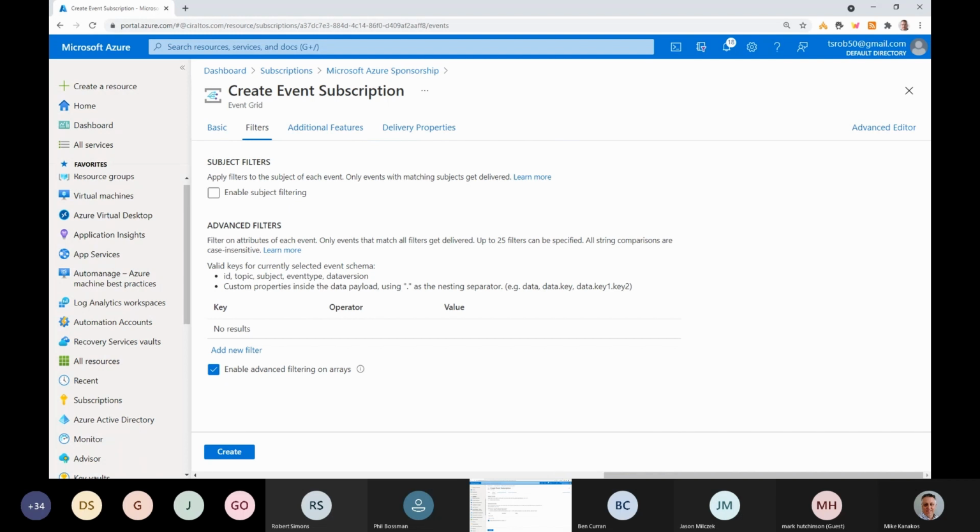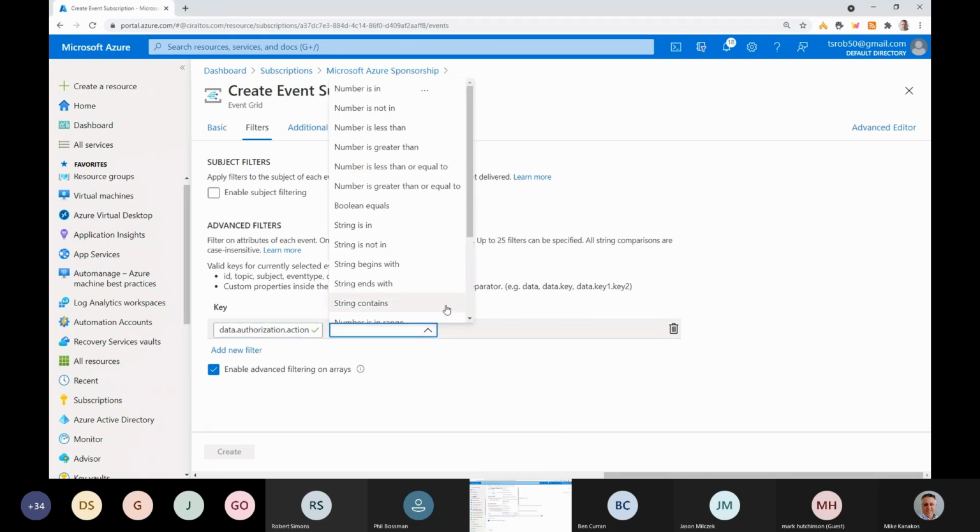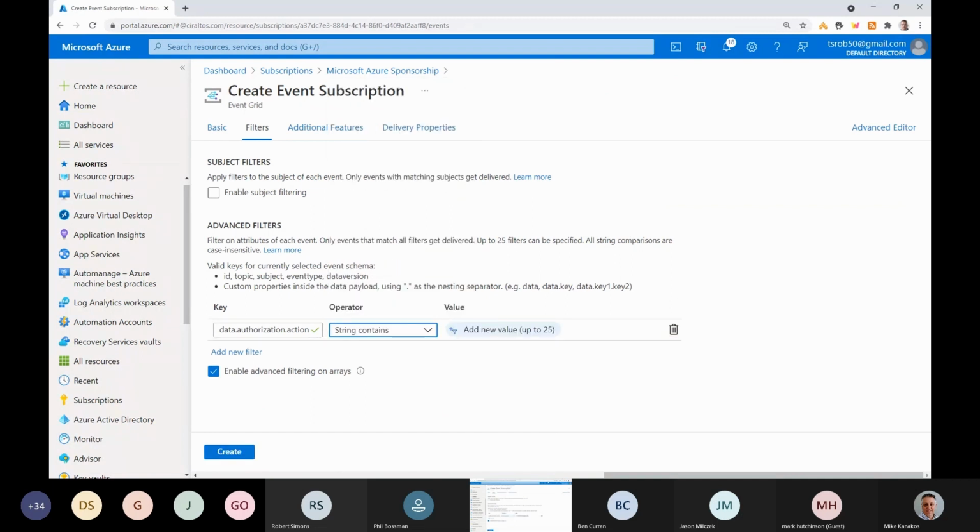Let's see here. Okay. So as the event sits now, every time any resource is created, the event will trigger. We need to filter this to only trigger on new resource groups. So we're adding a filter, and we're going to add the following information. The key is data.authorization.action. Write success or string contains. There, sorry. And then the value is